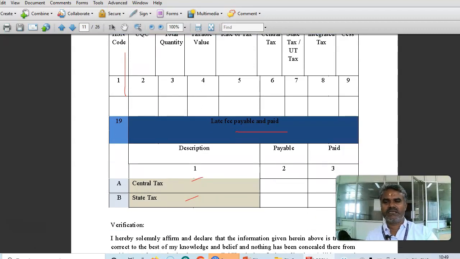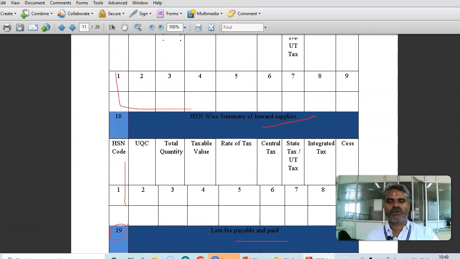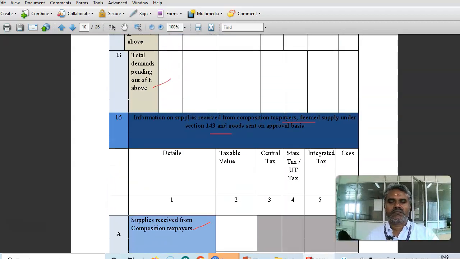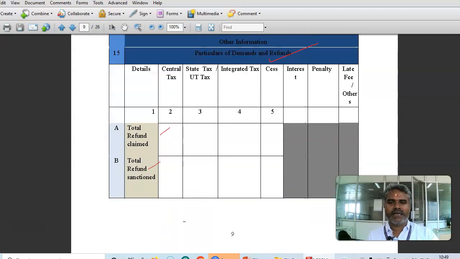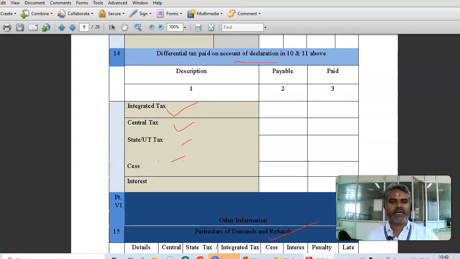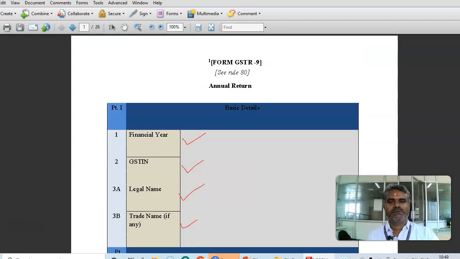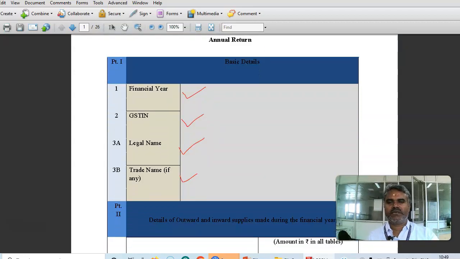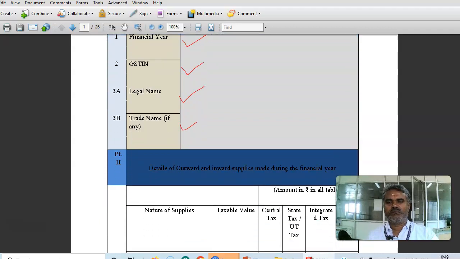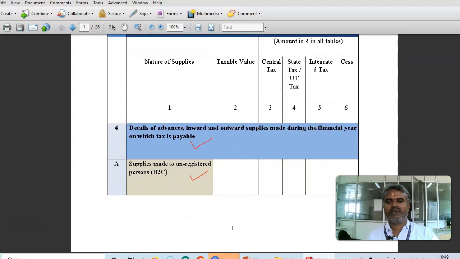In total you have to give 19 pieces of information elaborately. Okay, that is very important. This is what you see, GSTR 9 annual return. This is the annual return. Part 1, Part 2, Part 3,